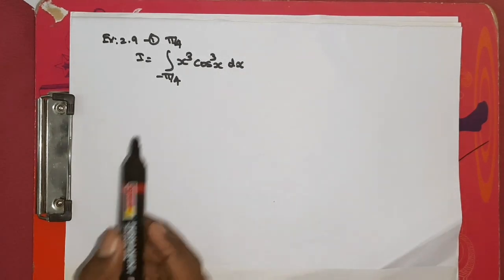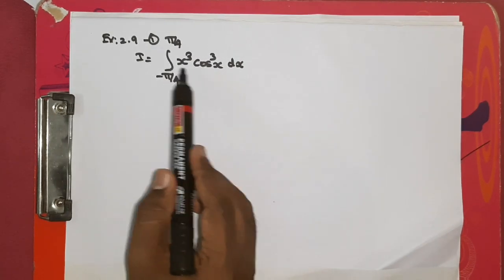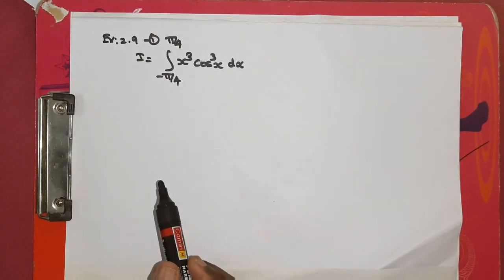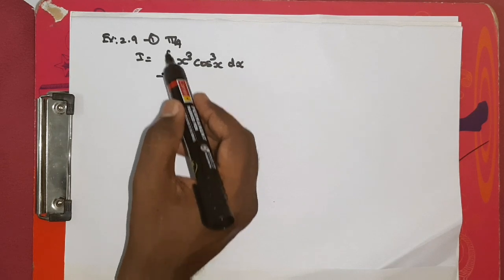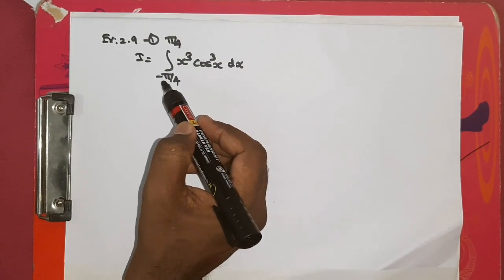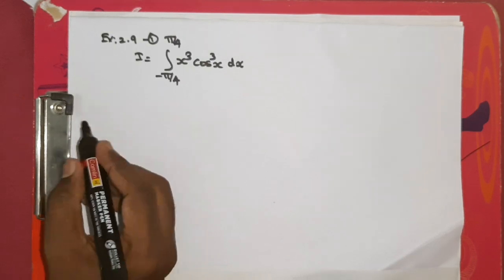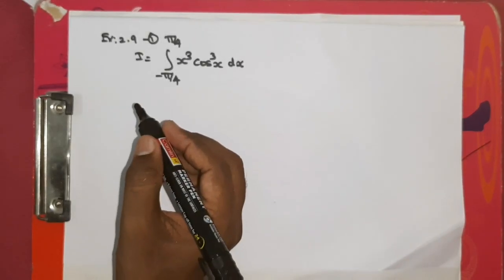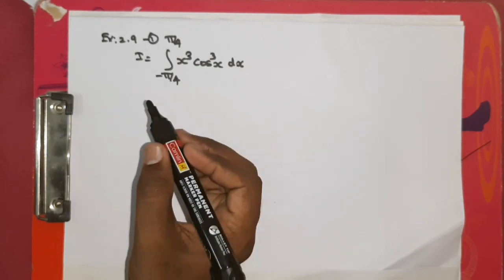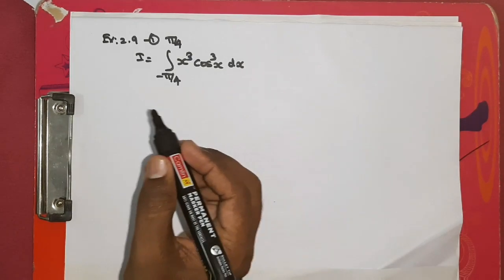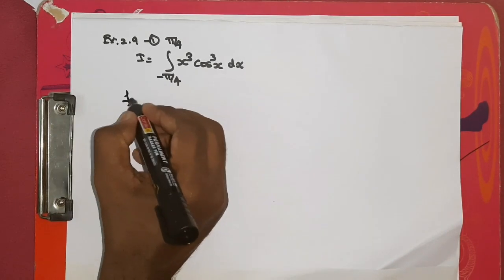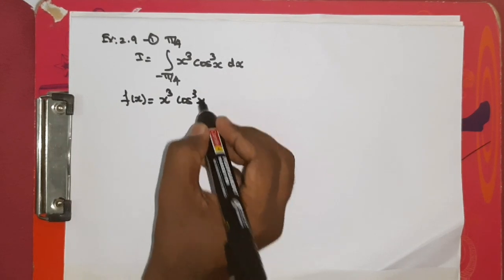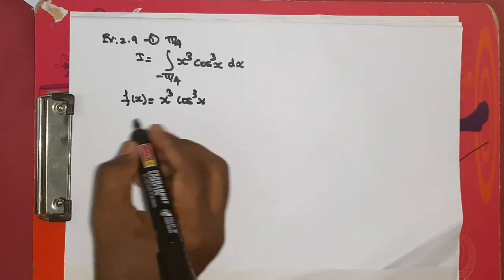Okay. Now actually they have given an integrand function. Here you can see, right? This one, we have to verify whether it is odd or even, because the integral has the same numbers as limits but with opposite signs. It looks like minus a to plus a. So what do you know about the property? The integral from minus a to plus a of f of x dx, based on the function f of x only we can choose the answer. So here first you take f of x as x cube and cos cube x. Now verify whether this given function is odd or even.